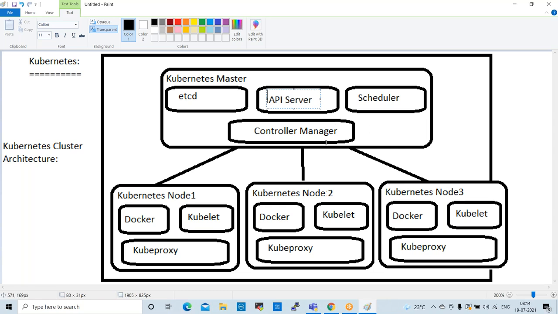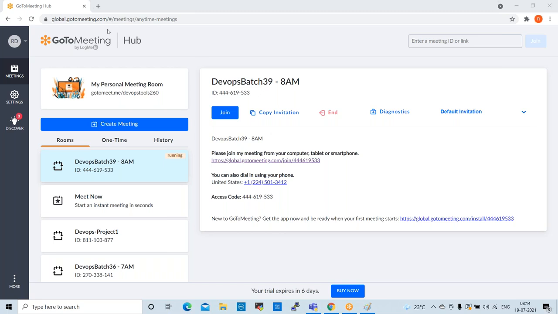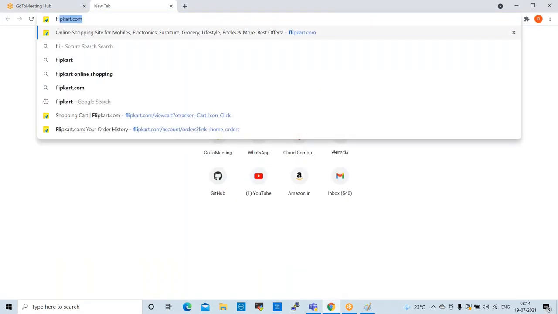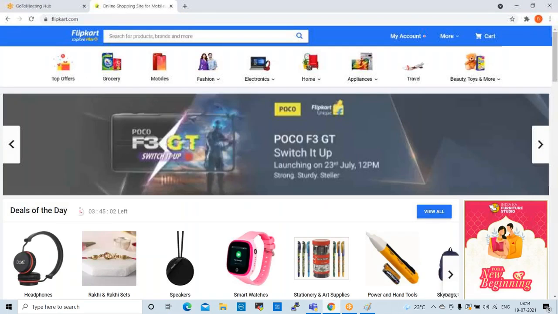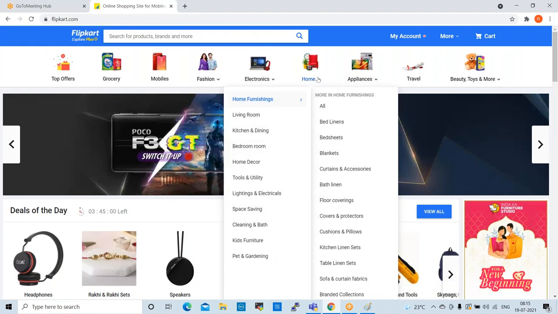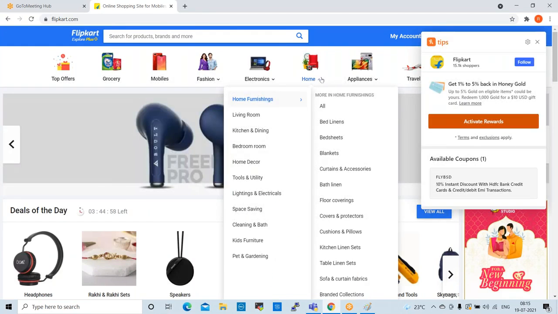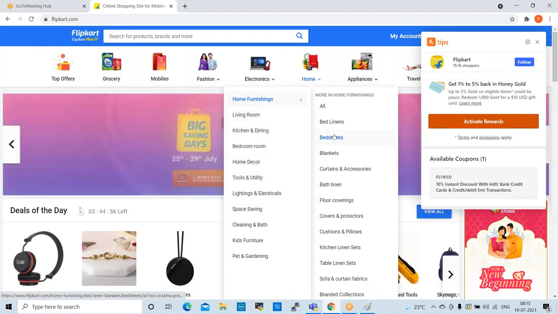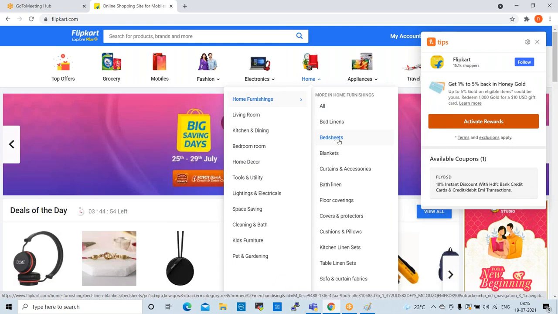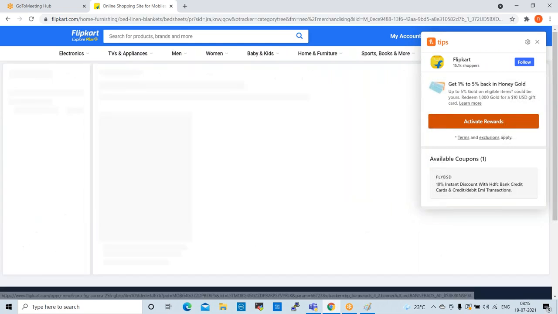Okay. So for example, Flipkart is there. We discussed it already. Every time, developers and the application team will push their applications, whatever microservices they are maintaining.